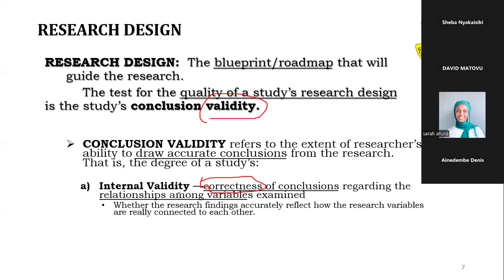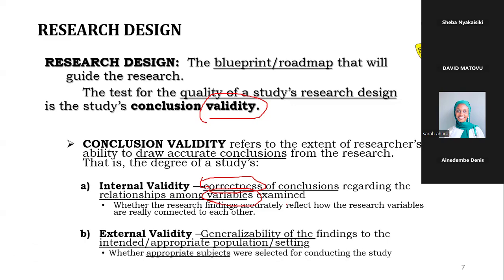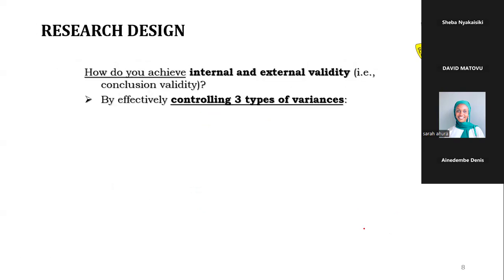So we have internal validity. This is when internally we want to make sure that the variables we are trying to measure, we measure them correctly. And then we have external validity. This is the ability for us to generalize our findings to the rest of the population. Two things, internal validity and external validity. How do we achieve both? We do so by controlling